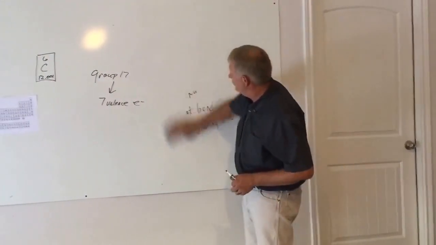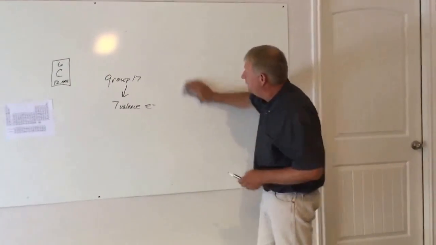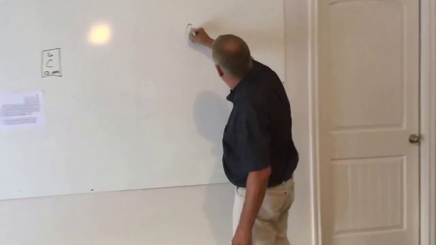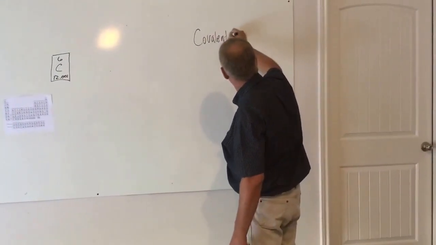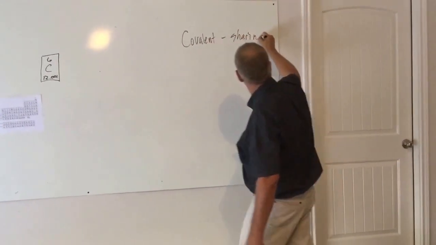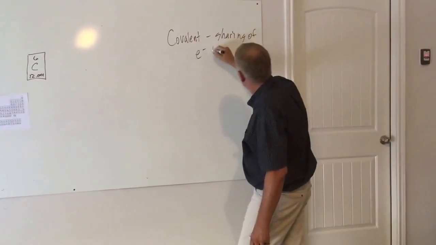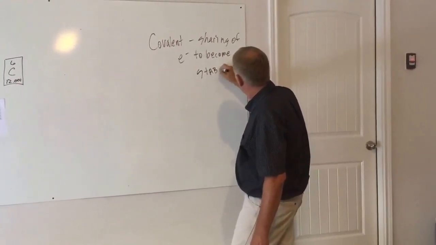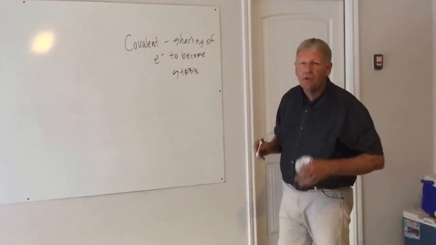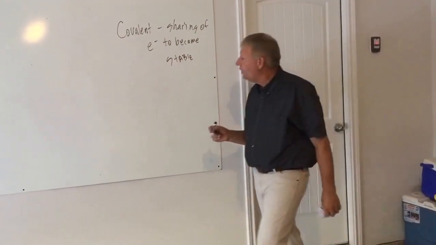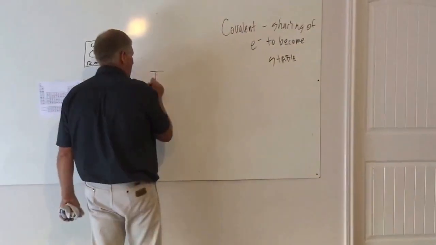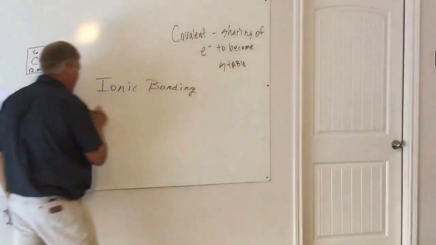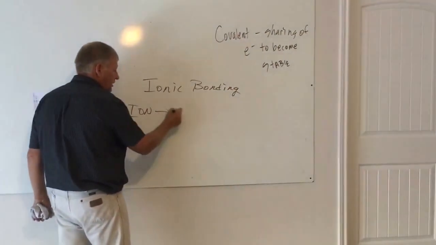Now, let's move on to ionic bonding. There's two types of bonding that we're going to look at. The first one we have is covalent, sharing of electrons to become stable. Now, the other type of bond that we have in human anatomy is called ionic bonding. Okay, ionic bonding. An ion is a different